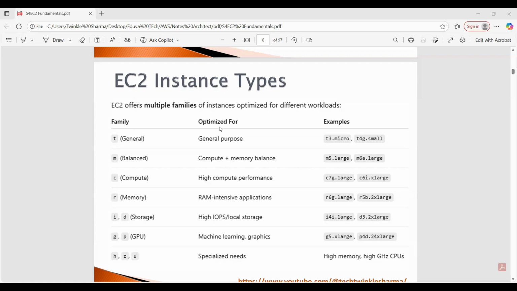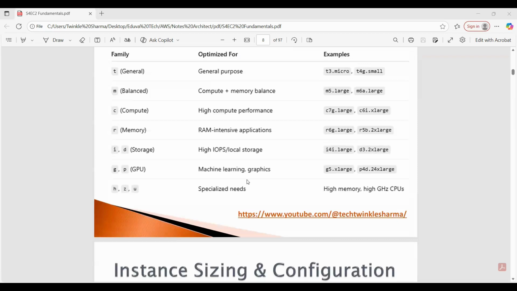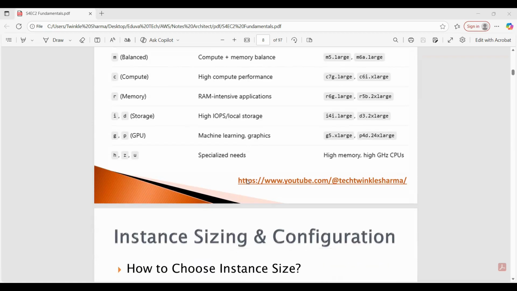Then the R memory family, which gives you RAM intensive applications. The I and D storage family gives you IOPS and local storage with high performance. The GPU family is for machine learning and graphics. The HZU family is for specialized needs.